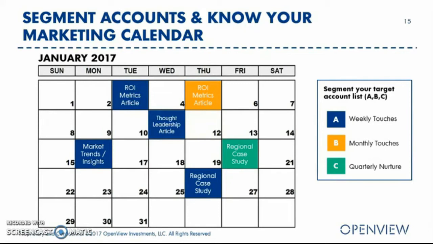Not all of your accounts, especially if you're targeting 50 or 100 and above, are going to require the same amount of touches. So how are you going to think about segmenting your accounts? Which are the ones that require weekly or even daily touches, and which are the ones that probably only require monthly or quarterly, given their priority and also where they are in the sales cycle? For those that require less frequent or less personal touches, you really want to understand what marketing automation is available to you and how you can leverage that. That way you spend the majority of your time with those top priority accounts and giving them personalized touches.